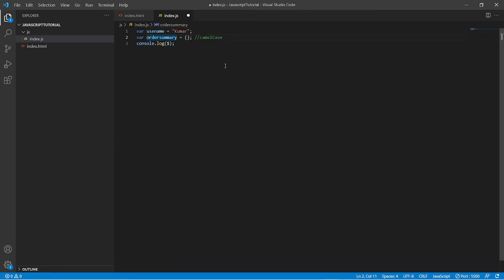However, the second word will have a capital letter as the first letter. Also, if you have another word, then the first letter of the third word, fourth word, fifth word will be a capital letter. This way you can write camel case variable names.